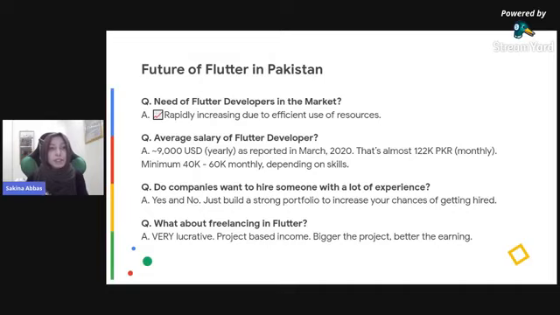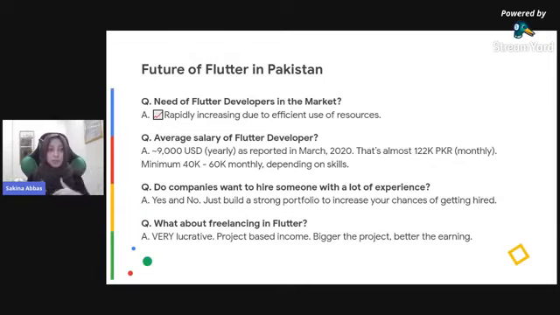The second question is, what is the average salary of a Flutter developer? It was reported, actually not estimated, it was reported. I don't remember the exact source; I'll probably add it in the comments later. It was reported in March 2020 that in Pakistan, the average yearly salary for a Flutter developer was about 9,000 US dollars, which comes down to around 122,000 Pakistan rupees monthly.